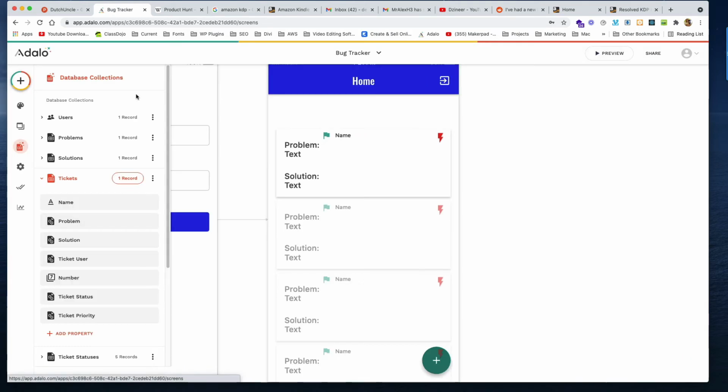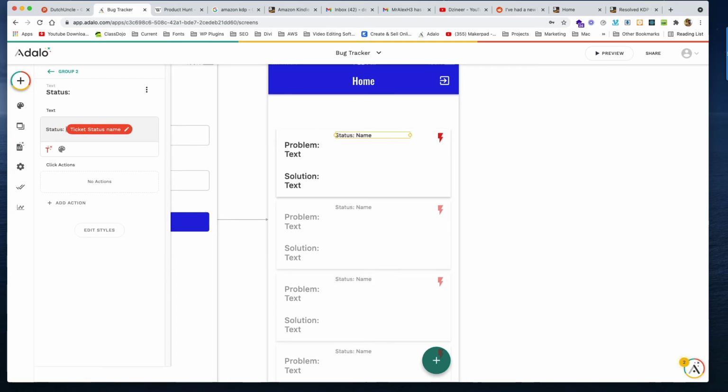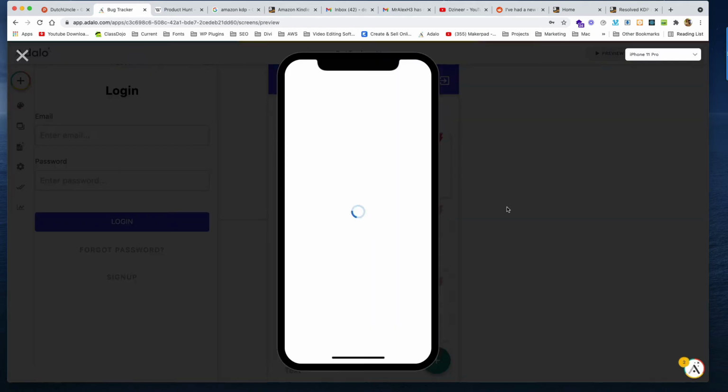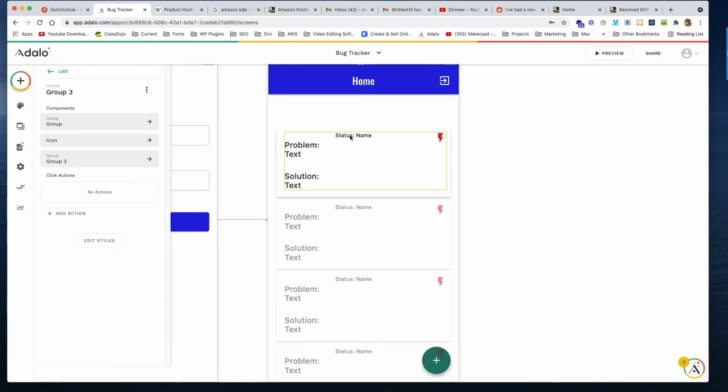That flag, we may not need it. What I want to do instead, I see the thing that doesn't make sense here, so I'm going to delete it. And I'm going to go inside here and get to this name, and I'm going to put in front of the name, status. So in case someone is having a bad day, they don't remember what it was that is there, let's just tell them what it is. Status is new. But you see why it's not lining up? Let me tell you why it's not lining up. Because